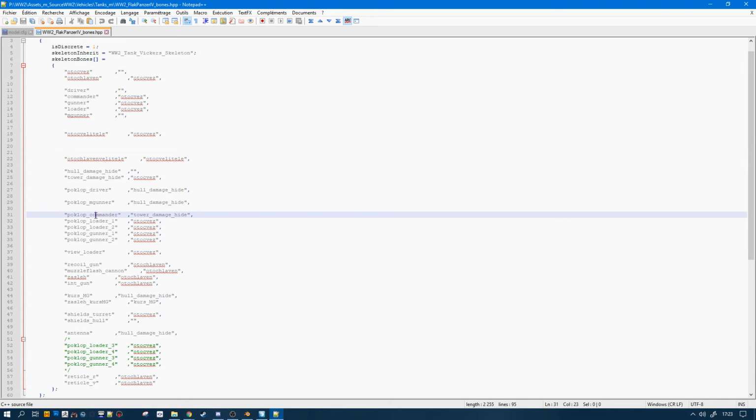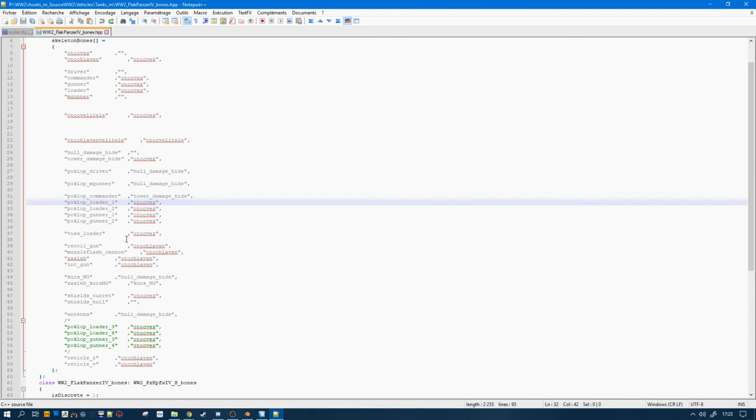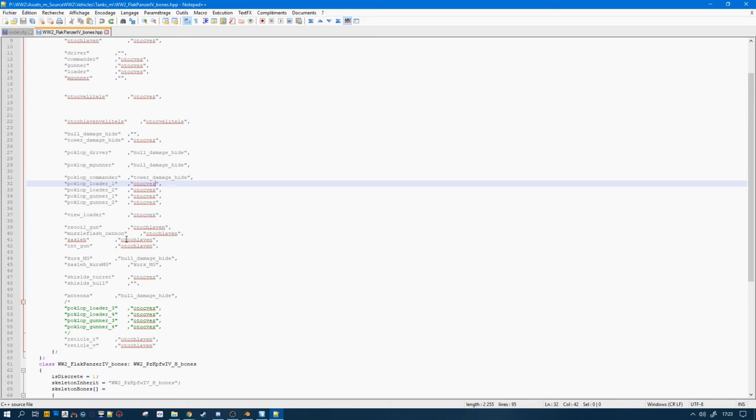You can see, for example, that Poklop are the hatches, and hatches are bound to the turret, which is Autogvez. It means that if you don't bind it, the turret is going to rotate and the hatch is going to remain in place in space, so it's not going to remain at its location where it should be.